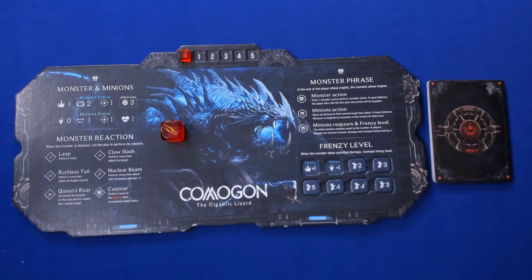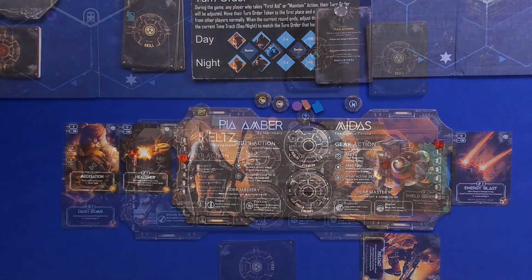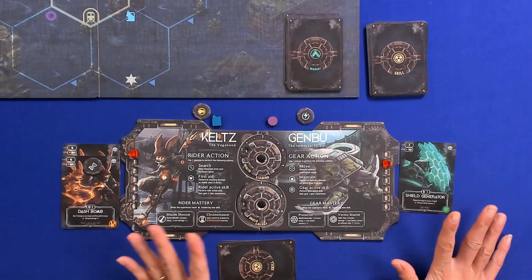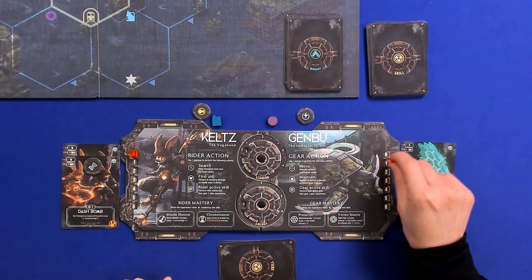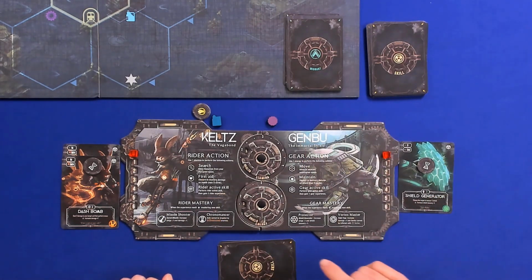Next time they take the turn, the minions are going to start swarming around the board. The monster token goes back to the end of the track, and now it is your turn. I'm not going to do my preparation phase again. I'm going to do something similar to before, and I will recover myself 1 with this shield generator, and hence